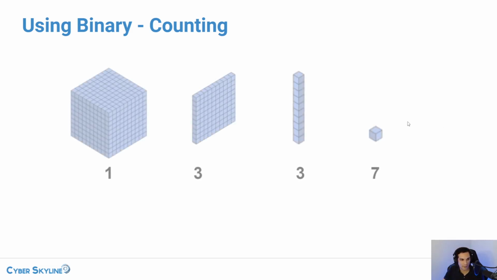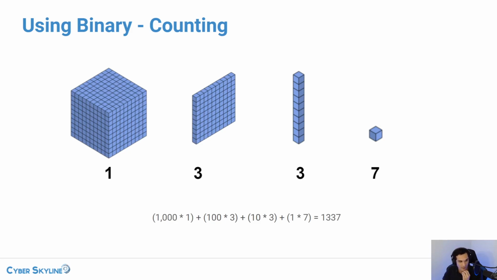So, for example, we've got the number 1,337. In reality, this is 1,000 times 1, because there's a 1 in the 1,000s place, plus 100 times 3, because there's a 3 in the hundreds place, plus 10 times 3, because there's a 3 in the tens place, plus 1 times 7, because there's a 7 in the ones place. So if I write this out, this is what it looks like, right? You've got 1,000 times 1, 100 times 3, 10 times 3, 1 times 7. You add them all up, and that's